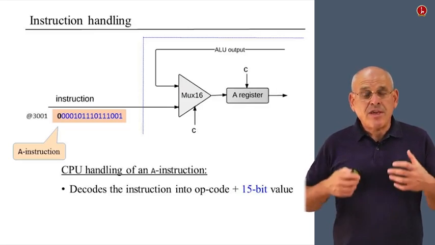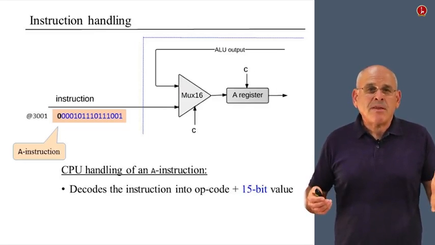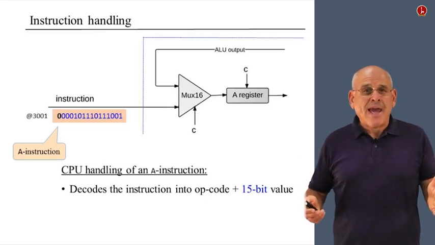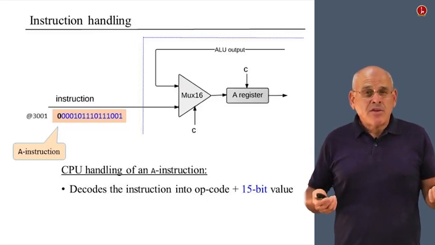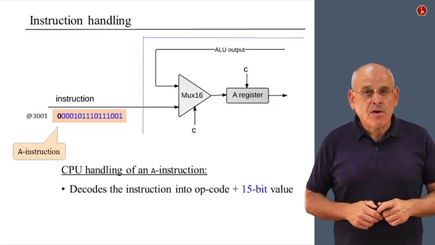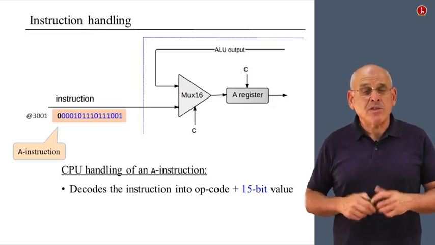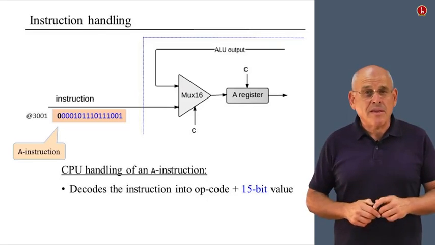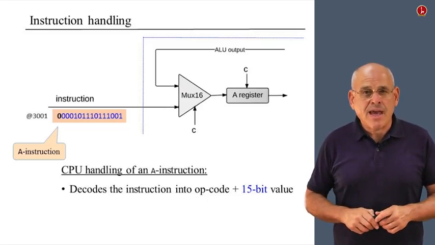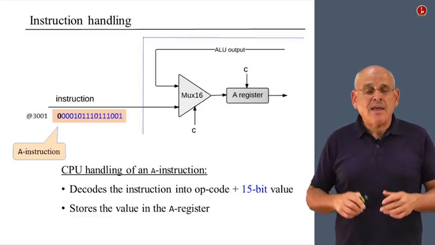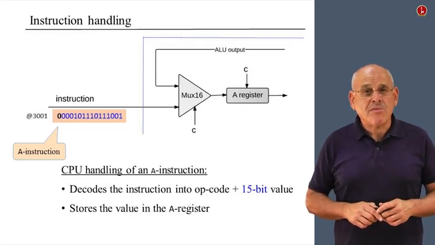First of all, it has to decode the instruction. It has to take this 16-bit value and separate it into an opcode and a 15-bit address, or a 15-bit value. By the way, how do we know that it's an A instruction? Well, we can look at the opcode. The opcode is 0, and according to the Hack machine language specification, it means that it's an A instruction. So the CPU says, aha, I know what to do with it. I have to take the next 15-bit value and put it inside the A register. And notice that this is exactly what the gate diagram does. The 16-bit values go through the multiplexer